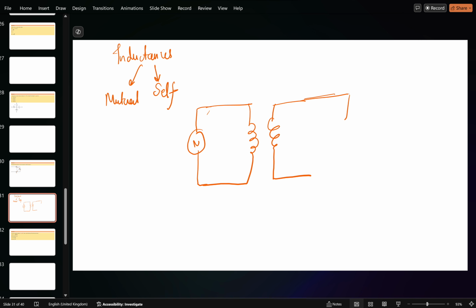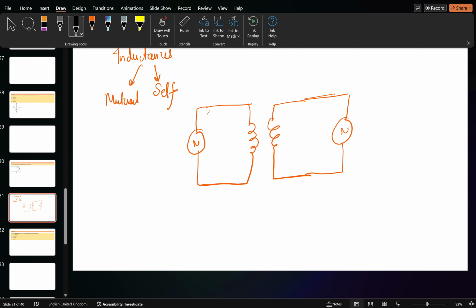So suppose this is one voltage source here and a voltage source here. Arava, did you want to ask anything? You're raising your hand or